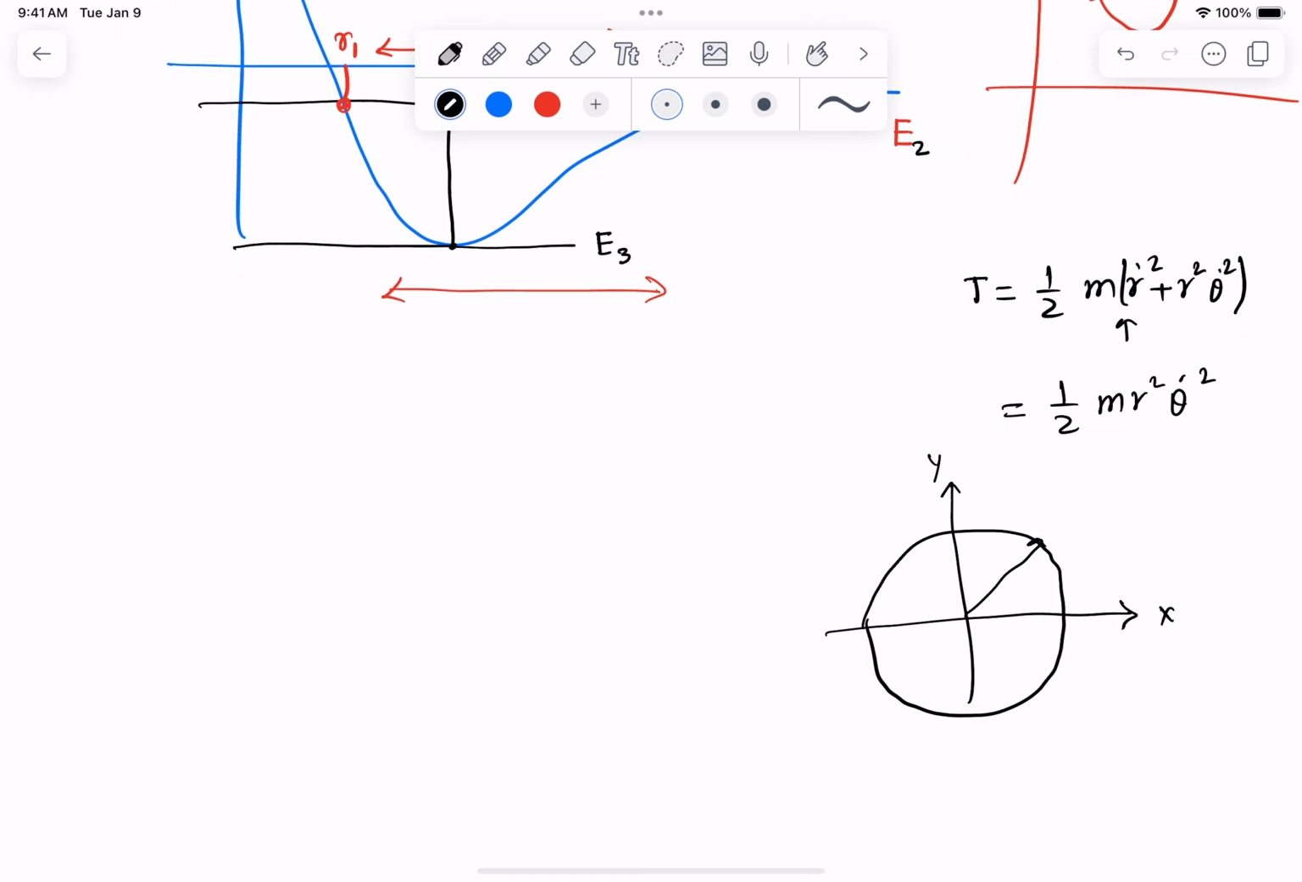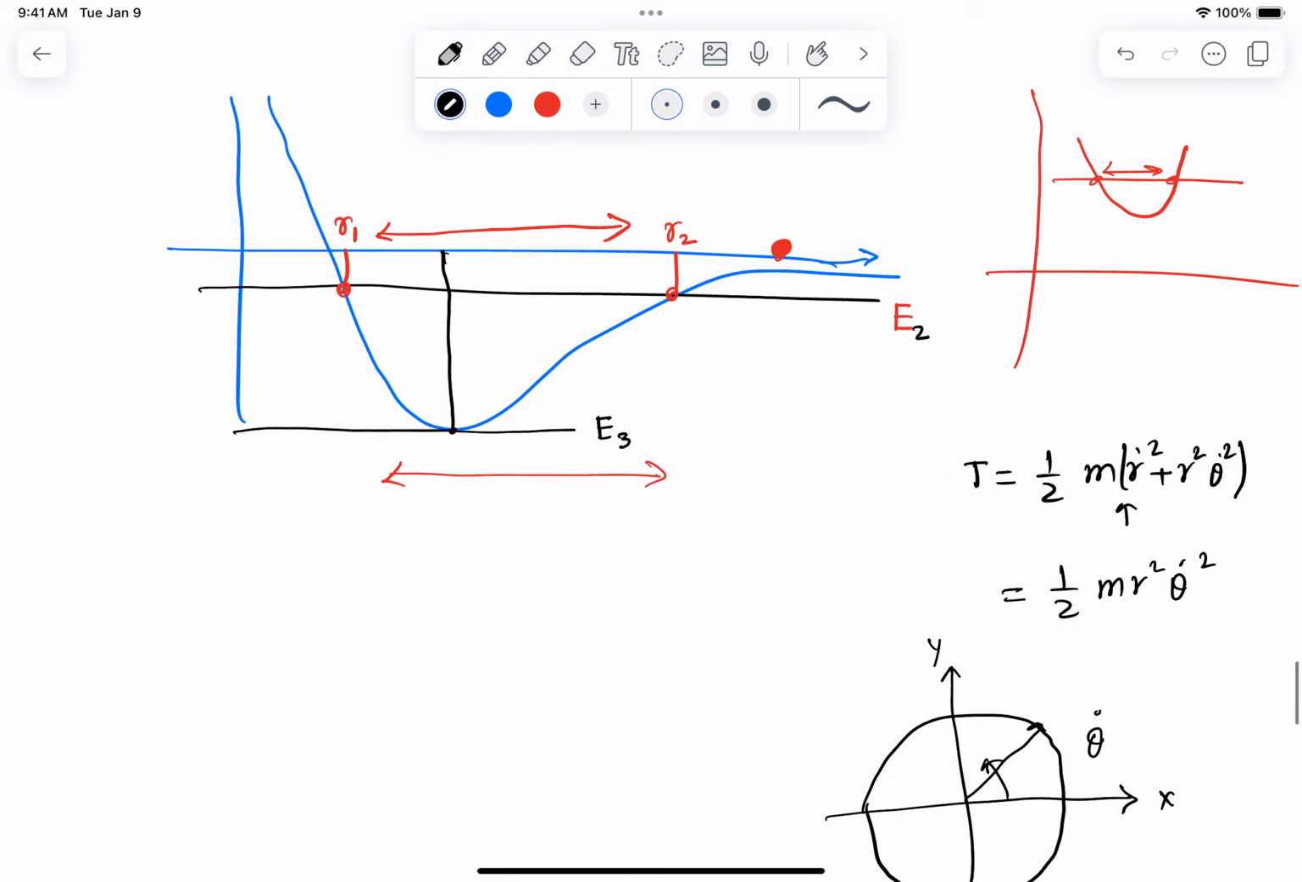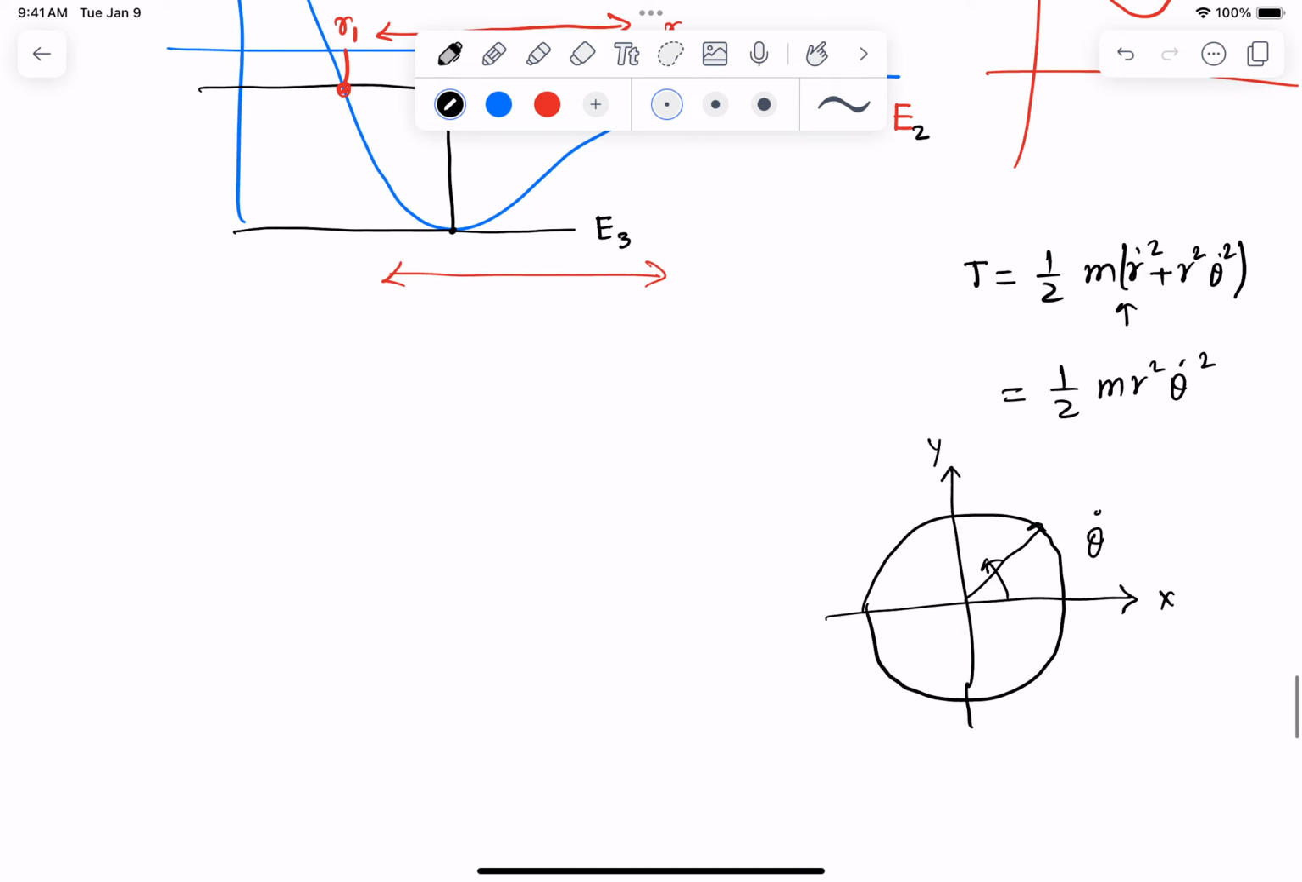So this trajectory of the object would be a circle where the radius is fixed all the time and it just keeps moving with some velocity theta dot. Okay, for the case where you have E2, where there are two different radii,